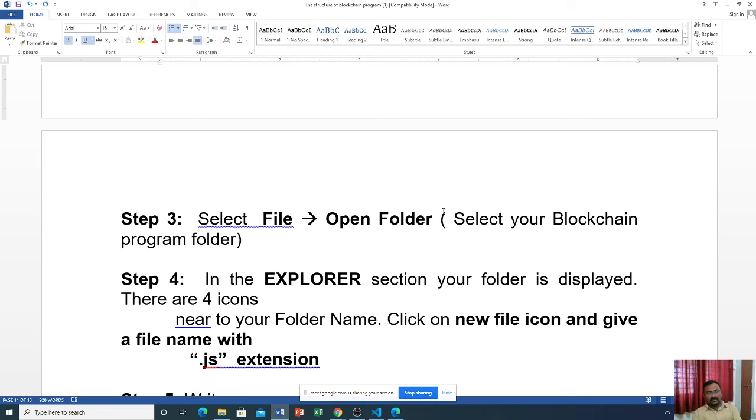In the Explorer section, your folder is displayed.